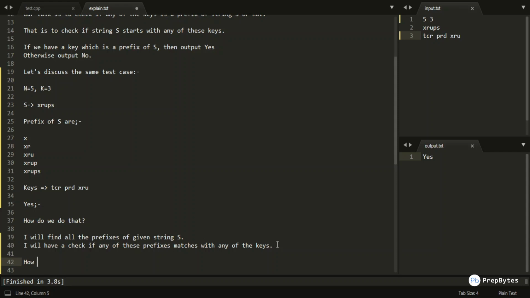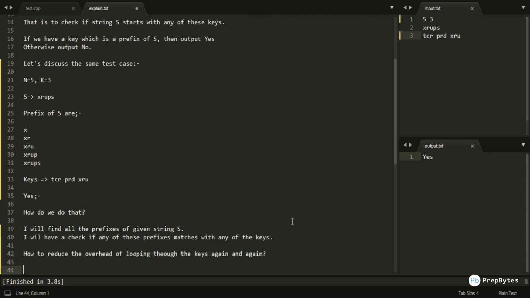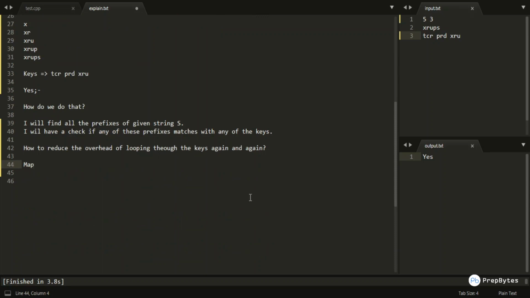Now, how do we reduce the overhead of looping through the keys again and again? We can simply use a map for this task. What my map will do is map each and every key to a value.